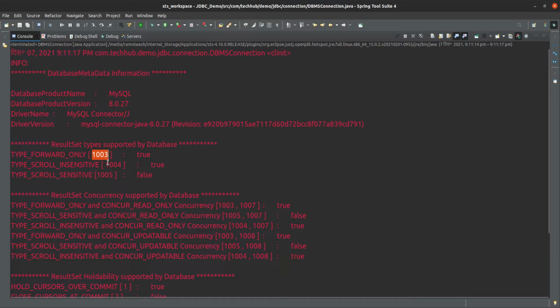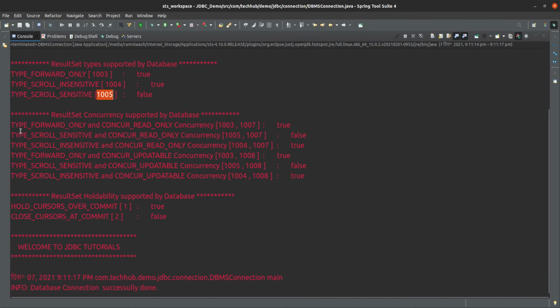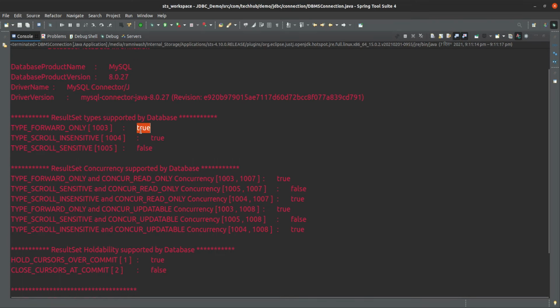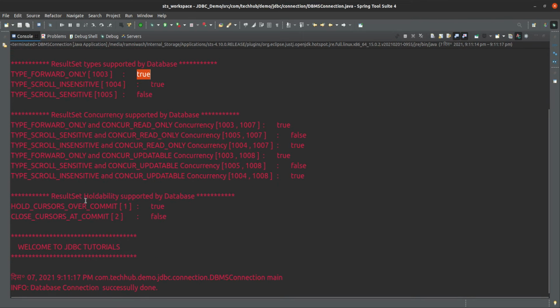And this is the number of the respective type. How you can check which number is pointing to which type of result set. So here you can see what type of concurrency our database supports. Suppose type forward only plus concurrent read only, yes, definitely that is supported, because our database supports it.